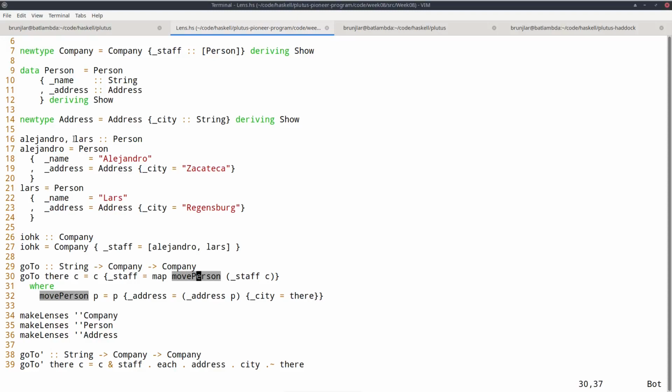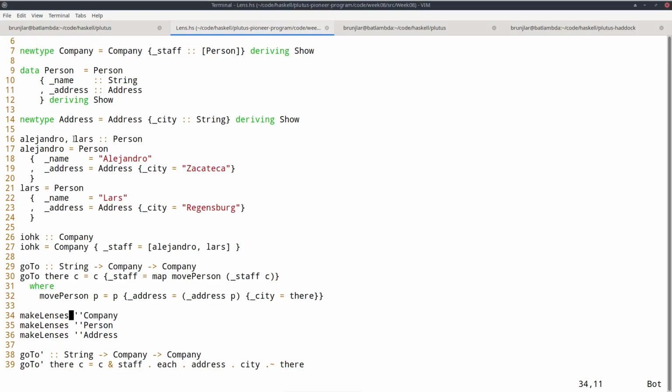Similarly, you can say that optics provide a programmable dot, in the sense of an accessor dot, like in Python or Java. In order to work with lenses, you can, if you want to, implement them by hand, but the lens library provides some Template Haskell magic to do that automatically, but that expects this underscore convention. That's called makeLenses, and then you provide the types for which you want these lenses.